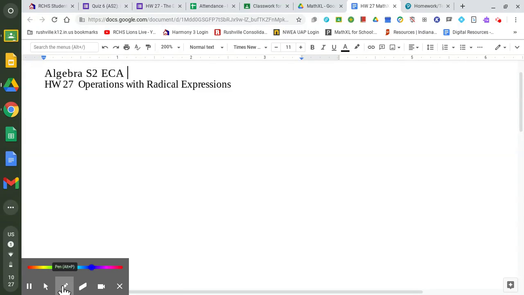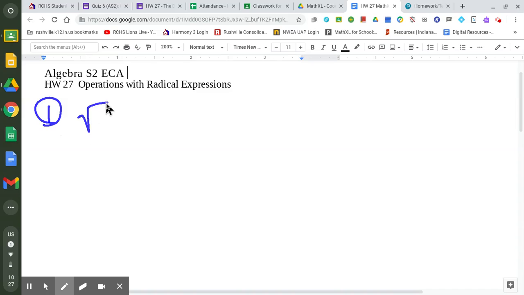So homework 7 is still working with radical expressions, but this time we're going to multiply and divide. So, number 1,